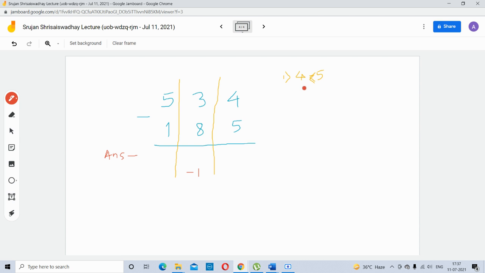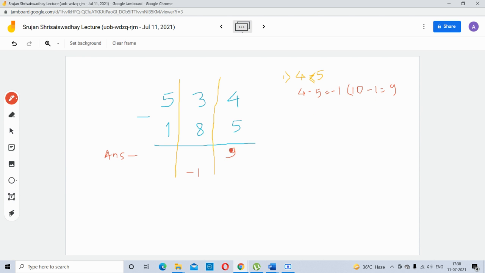So 4 minus 5 is again the similar one. You are going to get an answer minus 1. So that is 10 minus 9. You get minus 1. So your answer should be 9 over here. So you are going to put a 9 over here. Okay. Now,